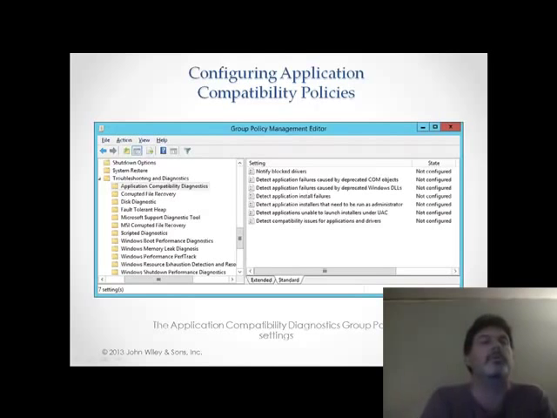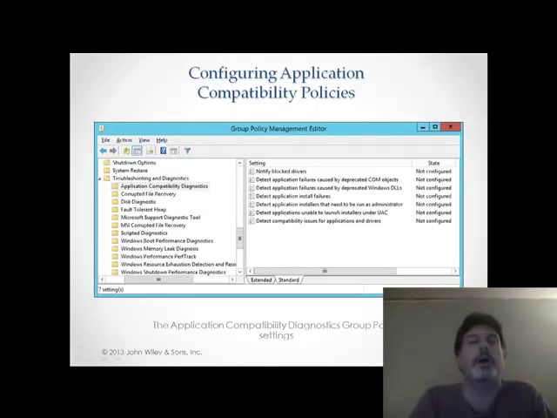And here you can see we're going into the Application Compatibility Diagnostics, and here's a list of the things that we can change. We can turn off notifying block drivers, or notifying or detecting compatibility issues with